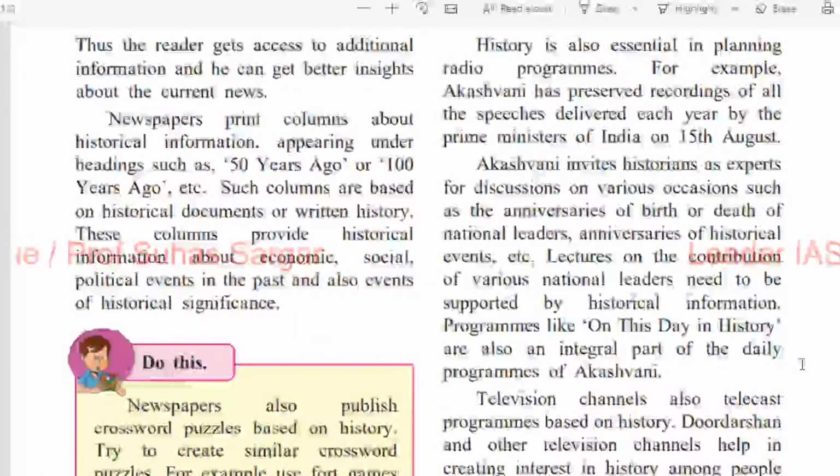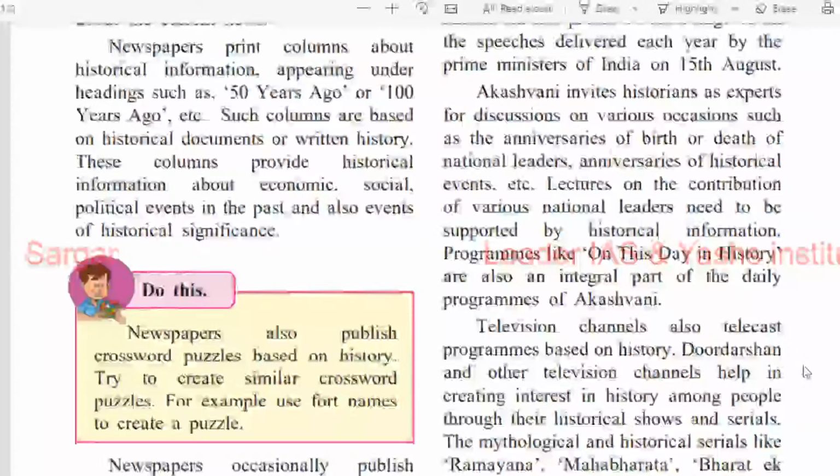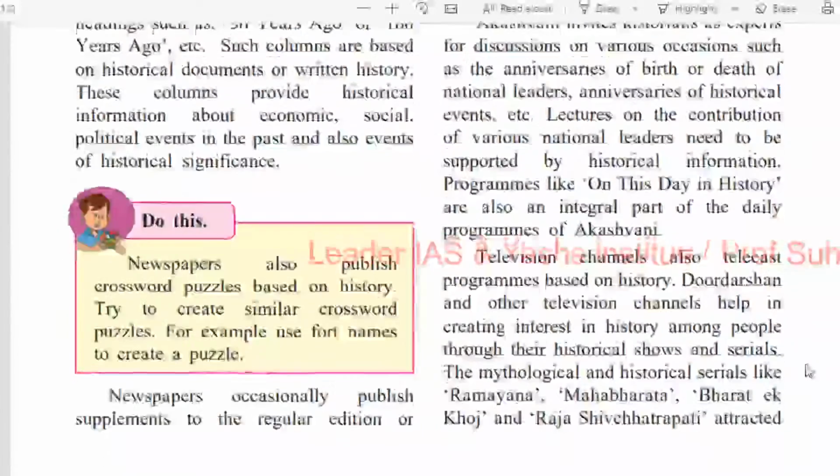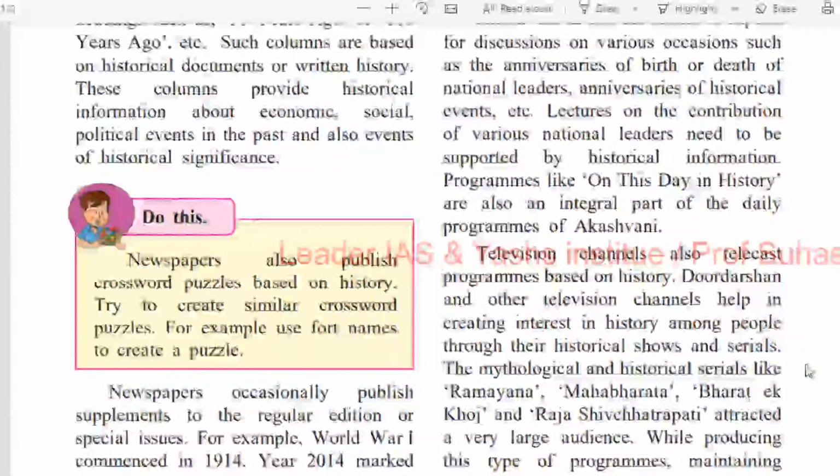Lectures on the contribution of various national leaders need to be supported by historical information. Programs like on this day in history are also an integral part of the daily programs of Akashvani. Television channels also telecast programs based on history. Doordarshan and other television channels help in creating interest in history among the people through their historical shows and